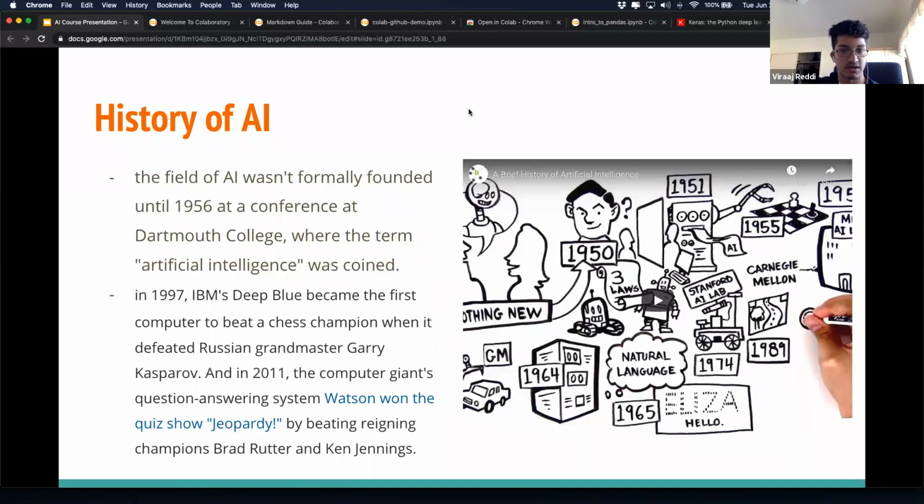Some of the prominent media events around it have been related to chess. For example, IBM's Deep Blue beat the Russian Grandmaster Garry Kasparov, and Watson, which is still around actually, won Jeopardy one time. So in its current state, it's very new, but the general idea of AI has been around for about half a century.